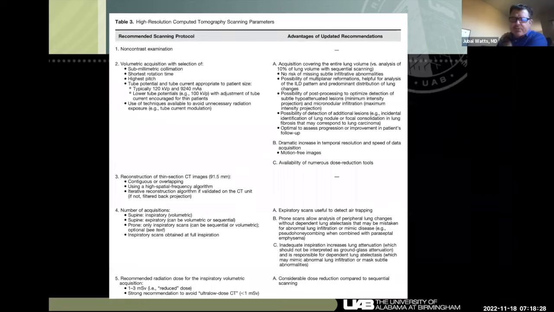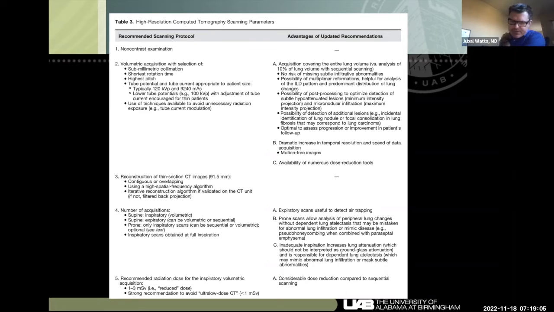And they talk about how to do your HRCT scanning, and we won't spend a whole lot of time on it, but you want volumetric imaging. You don't want to do the old-fashioned way we used to do HRCTs, where we would get a millimeter slice at a 10 millimeter gap or 1 centimeter gap. And so you'd have 30 or 40 images through the lung, but you would be only sampling about 10% of the lung. Now they do recommend volumetric imaging at 1 to 1.5 millimeters or less throughout the entire lung. You can do the old-fashioned technique for the prone and expiratory images, but you need at least one full